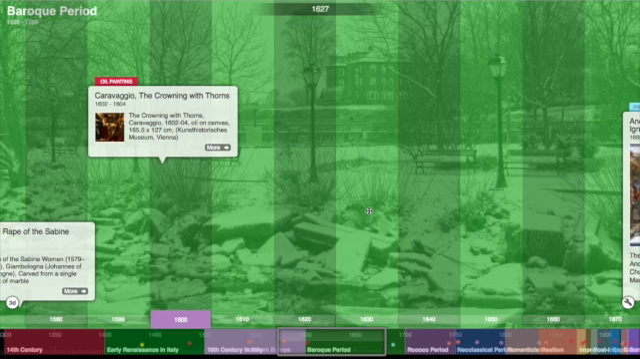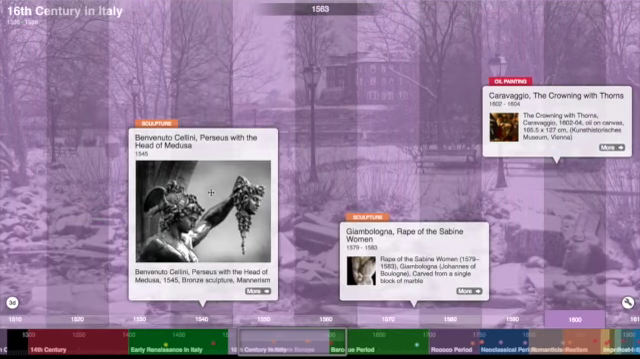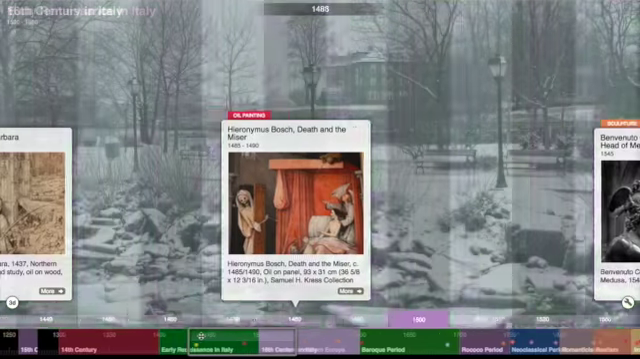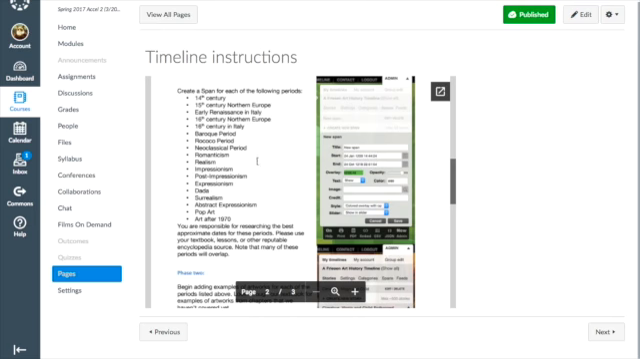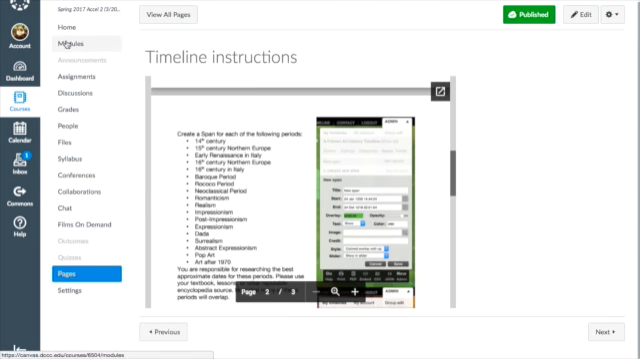This student has begun Phase 2, which involves placing some examples of artwork into your time spans. So here are some Caravaggio, some Baroque examples, some early Renaissance examples. You do not need to worry about this until Phase 2. So once you've viewed the instructions, you can go back to modules